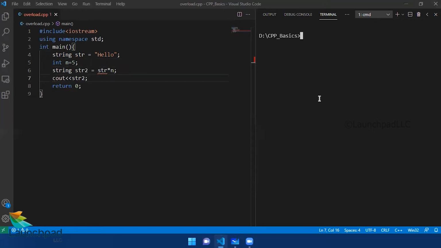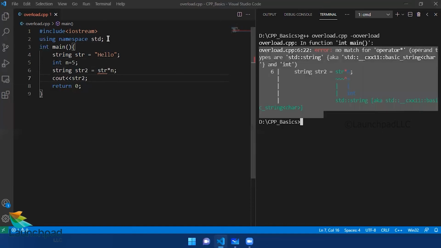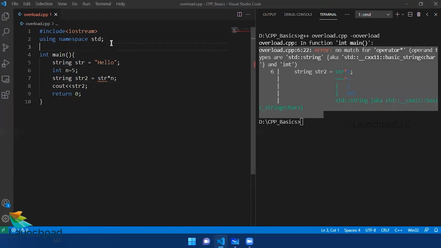So when I clear the screen and compile this again, you can see it is not overloaded. That is the reason why we got a lot of errors here. Now let us see how that can be overloaded. So string is the return type of the overload function, because whatever output we get from this overloaded operation is being stored inside a string. So string should be the return type of this